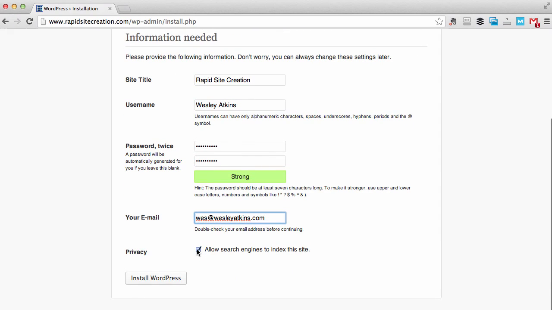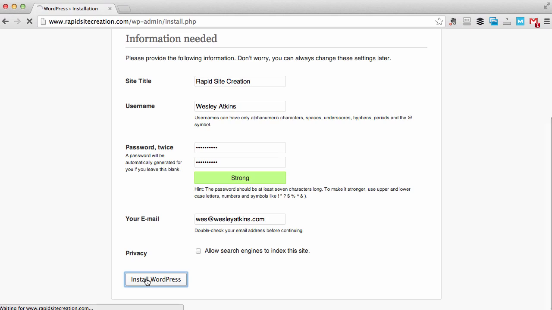Okay, we don't want to allow the search engine to index the site at this stage. We can always change that once we've finished our configurations, but when we're messing around with the site, we really don't want the search engines to come and find it, because we want to make sure that the site is up to par before they come along and see us. Okay, so we're going to click on Install WordPress,